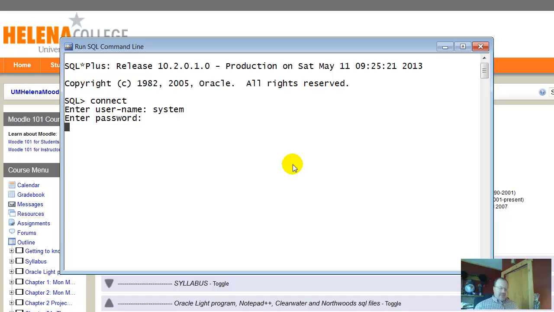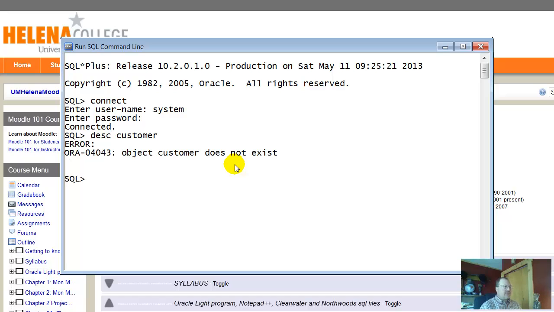So we're waiting. I'll pause. And I had to wait just another 10 seconds or so. But what we see at this point is that the database is connected, and we do have a SQL prompt. And at this point, this is where we would start typing in commands. Describe a table name, for instance. Okay, the table hasn't been created, so it doesn't exist yet. So that should conclude this installation